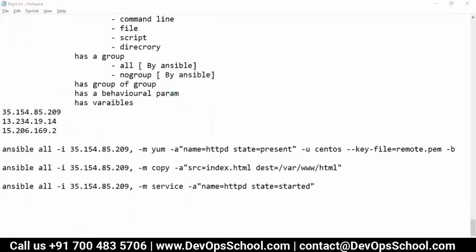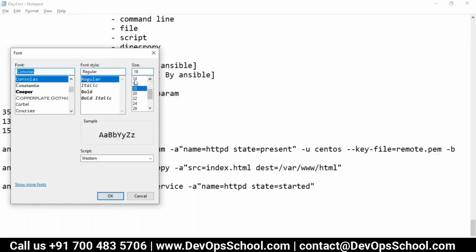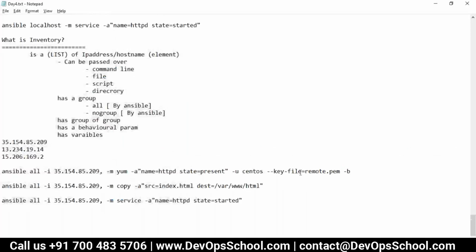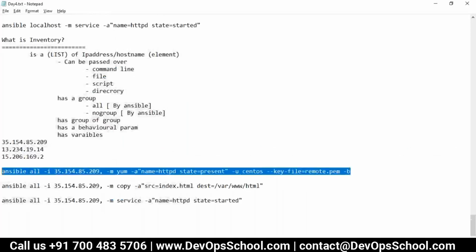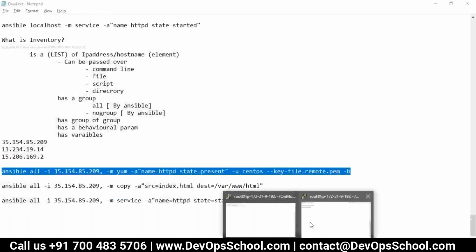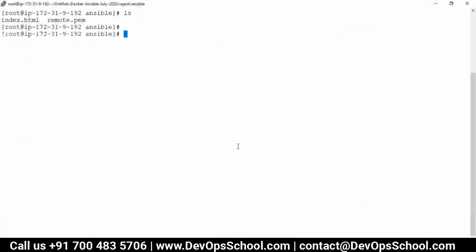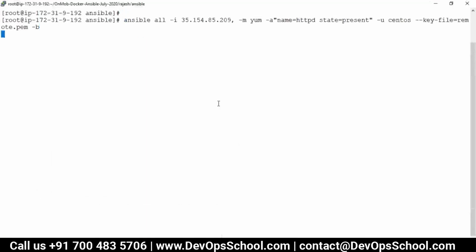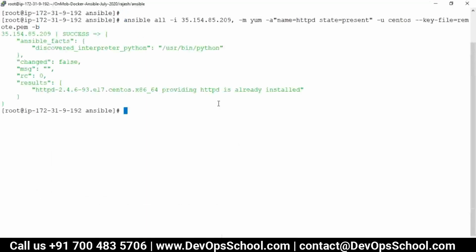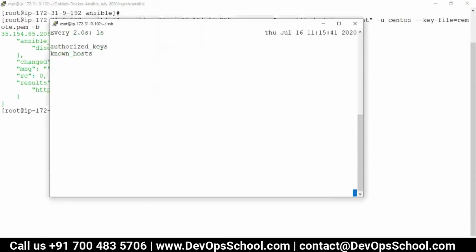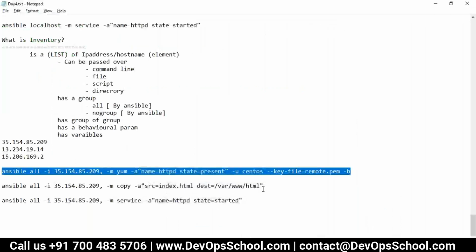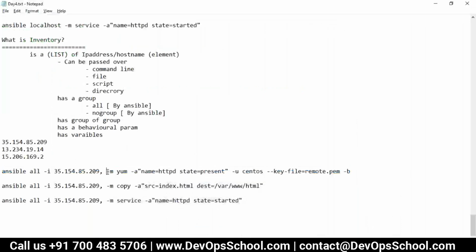Okay, click OK. Now can I run this command here and here? Okay, so run this command. See here, done. Can I do the rest of the changes also here?